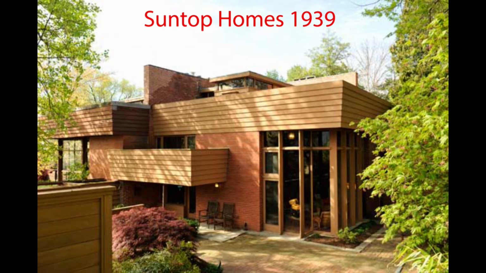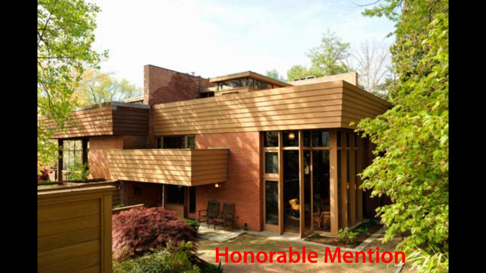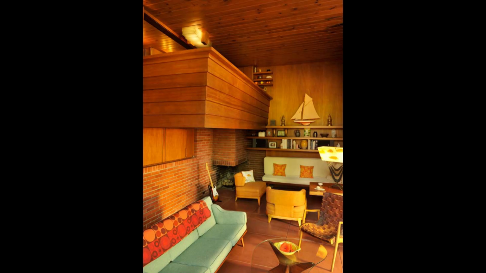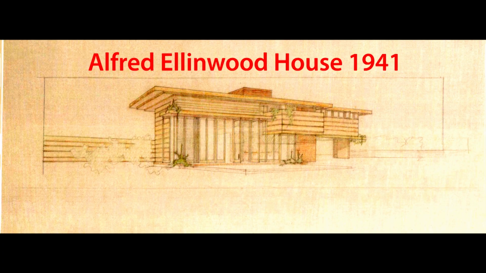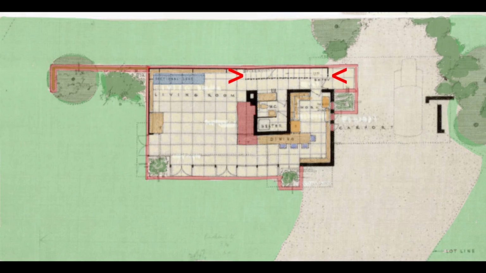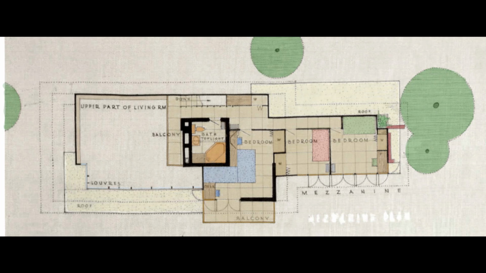There were several descendants of the Rentz House. A distant relative is the Suntop Homes, two-story living room, the dining room on a mezzanine above, and you saw the balcony projecting out the front as well. The Ellenwood house is much closer to the Rentz Bachman Wilson house with louvered two-story living room. The staircase is along the street side, the closed street side of the house, and there are 3 bedrooms above